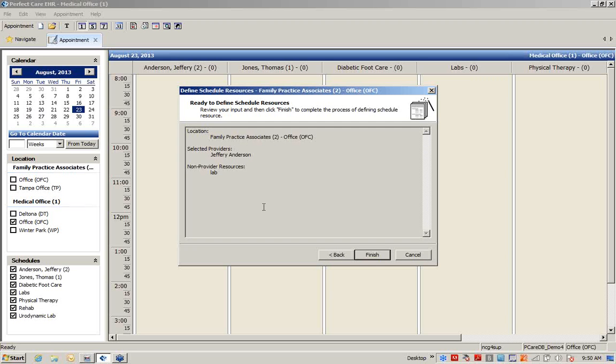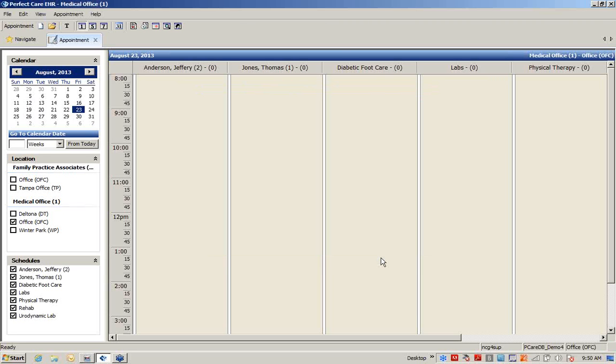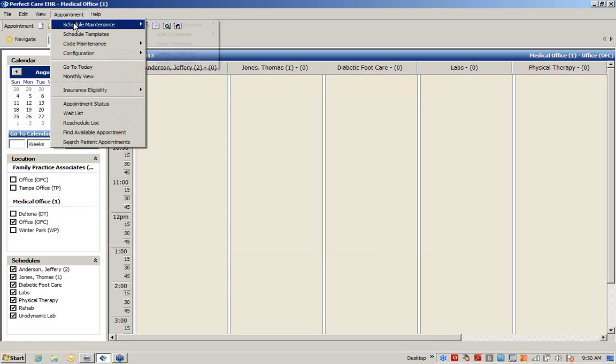Next, and this is just a final screen letting you know what we have done. So we have set up to build a schedule for Dr. Jeffrey Anderson and also a schedule for the lab at this location. I will click Finish. I will go back to the appointment menu and schedule maintenance, but now I will build